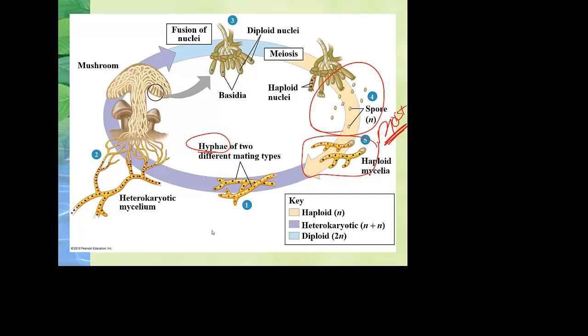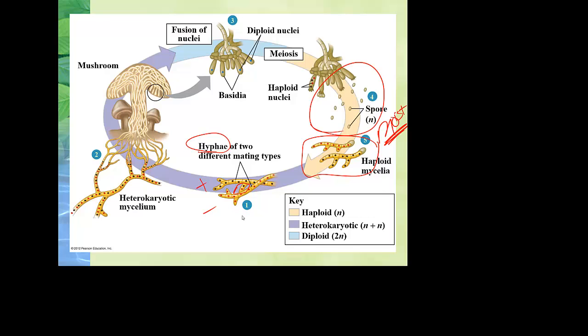Now, we normally think male-female. We don't go that far in fungus. Think plus-minus. Okay, we talk about them as being plus-minus strains. And when they match up and come together, if they are opposite strains, they actually will fuse the cells together like a normal egg and sperm would to form a zygote.